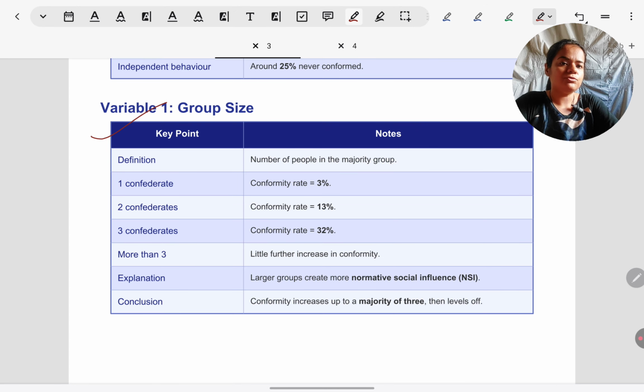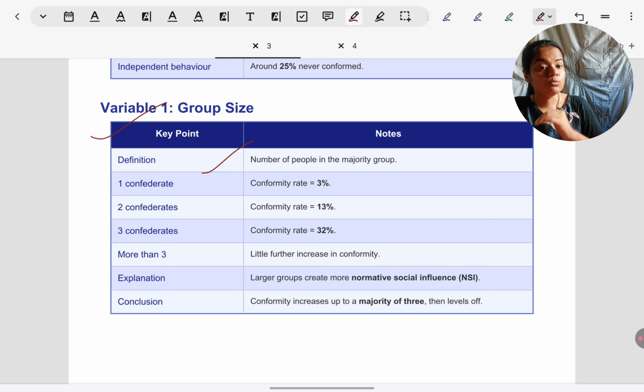In the syllabus, we have to know what are the factors that get people to conform. The first factor is found to be group size. By definition, conformity is following the behavior of the majority. Means there's going to be a group whom we are going to follow. How large that group is can influence conformity. There is a positive correlation. It is found that the larger the group, the more likely a person is to conform.